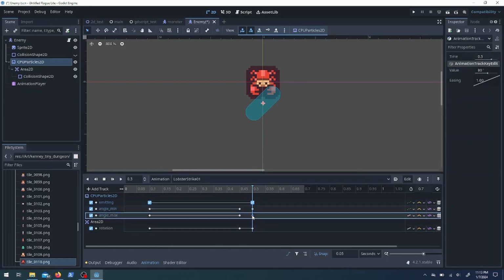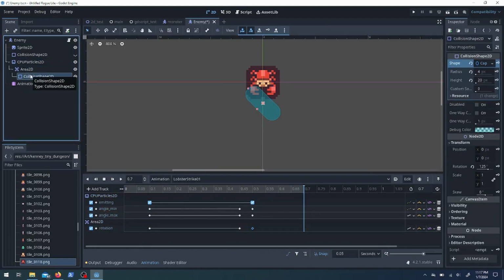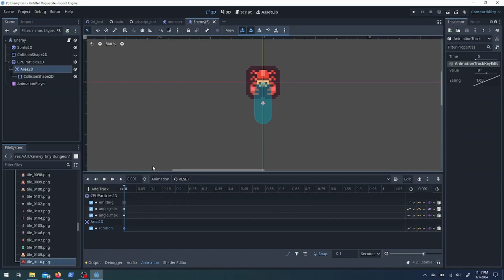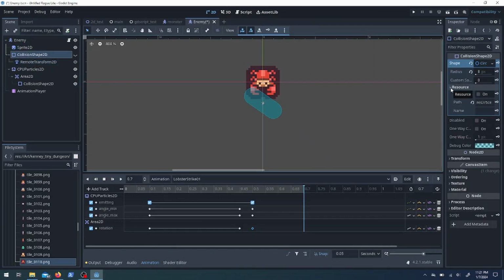But so the animation player, you have a timeline, and anywhere on that timeline you can add keyframes for all kinds of stuff. Like any of the attributes on your different components, or you can even call methods with it. You just have to click that add track button and then click, it's like method or property or something, I don't know. Anyways,